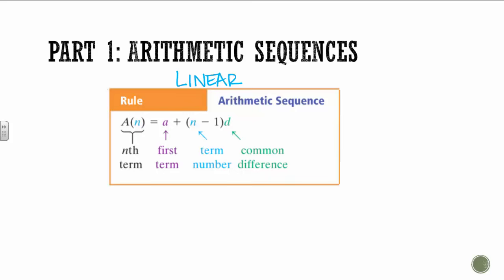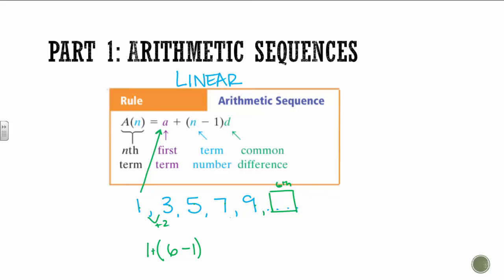So now this is kind of confusing, but let's say we took a sequence like the 1, 3, 5, 7, 9, on and on and on. In order to figure out the next number in this pattern, you need to know the first term, so in this case that would be my A, and then the term number. So let's say we wanted to figure out the next term. We know what it is, but it would be our 1, 2, 3, 4, 5, 6th term. So we do 6 minus 1 times our common difference, and here we add 2 over and over again. So this ends up being 1 plus 5 times 2, or 11,